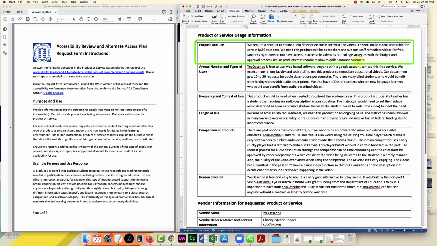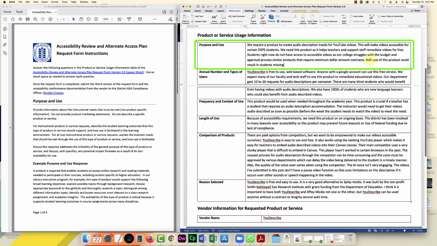And I might want to add a bit about non-use. So I could say, non-use of this product could result in students missing valuable learning content and even result in lawsuits.